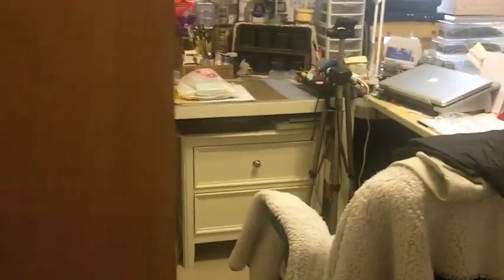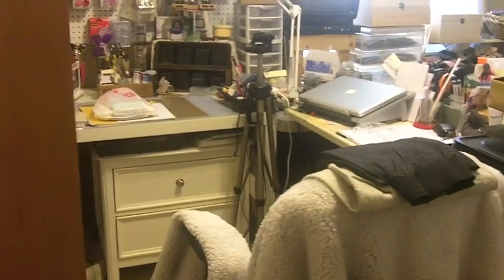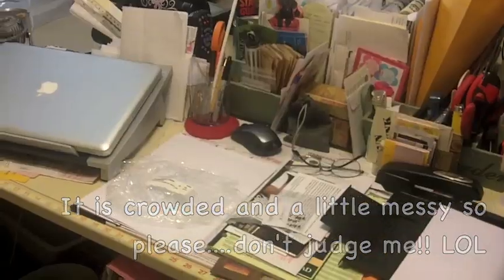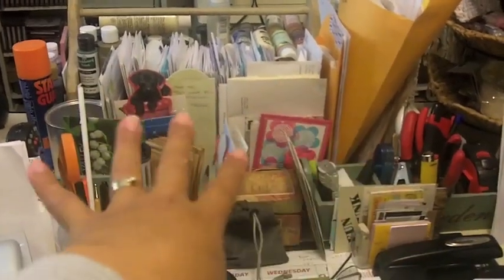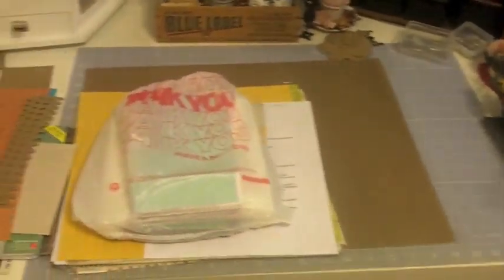Right, I can't even open the door all the way because I have something sitting behind there, and then I have cabinets. So basically you walk in, and this desk right here is my home office, and all of my bills and things that I take care of for our home and some things for the business is all basically right there. My laptop, and this is where I do my recording, is on this table here, which is